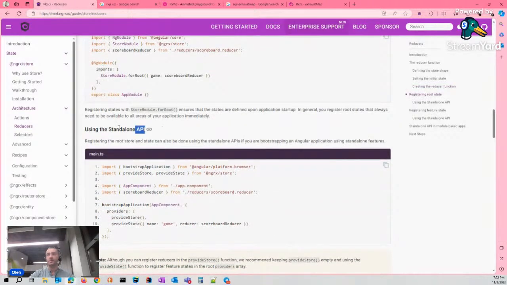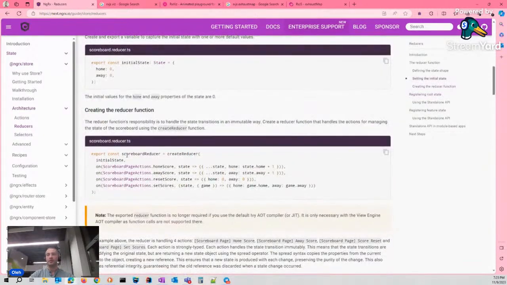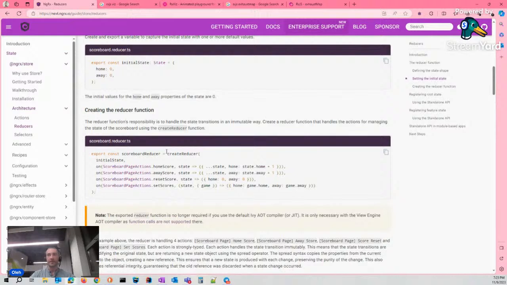And if you're using standalone components and a standalone application, there is another, similar way where we should provide the store. It's just a function and nothing more. The explanation is here. And the state: provide state, the name, and the reducer. The reducer is a set of functions that we will expand step by step.